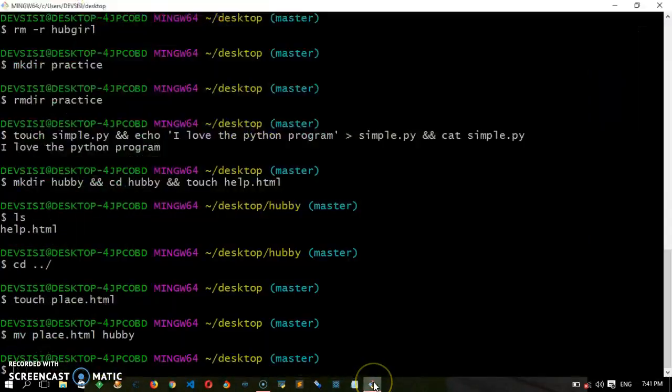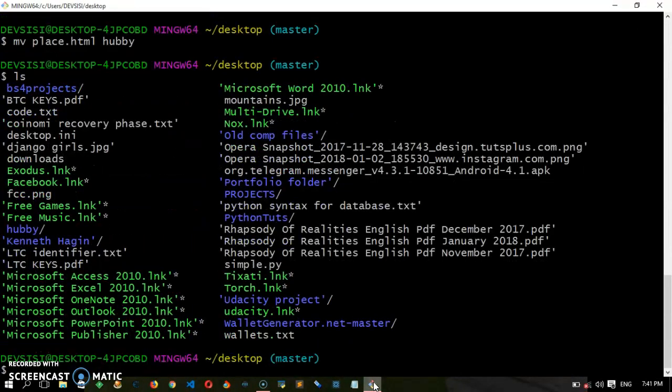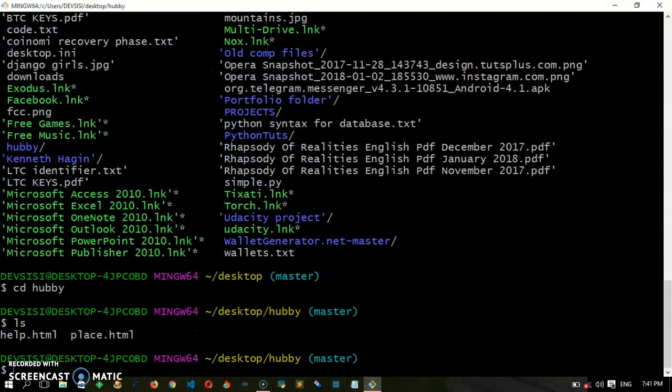Now we check using the ls command. Oh no, sorry, not ls command. We have to navigate to our hobby folder first, then we use the ls command. Using the ls command, you've seen that place.html has been moved using the mv command. I'll just pause here and continue in the next one. So in the next command to exit